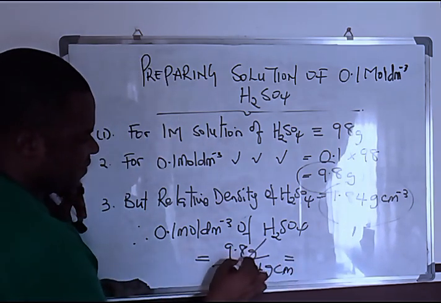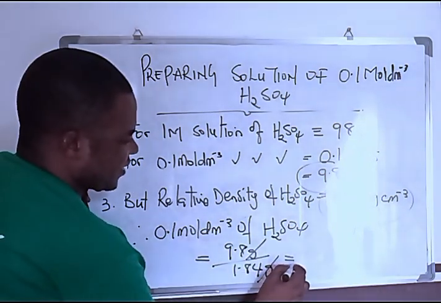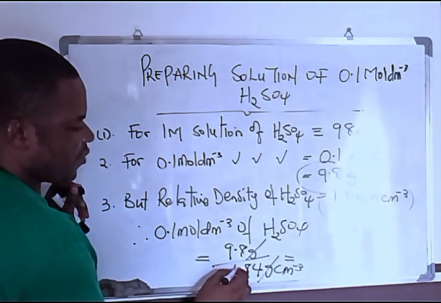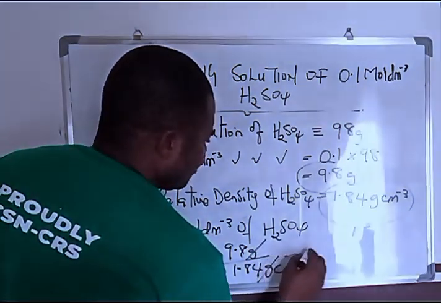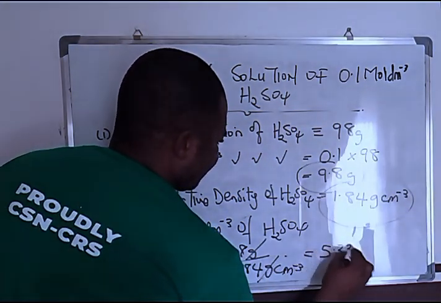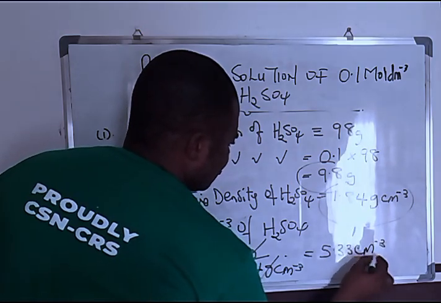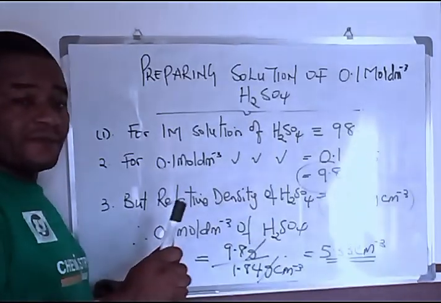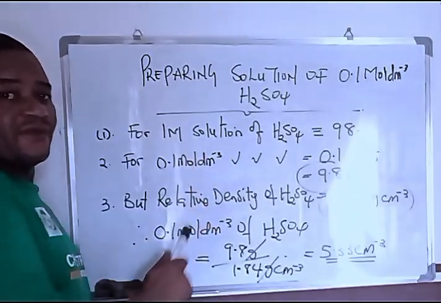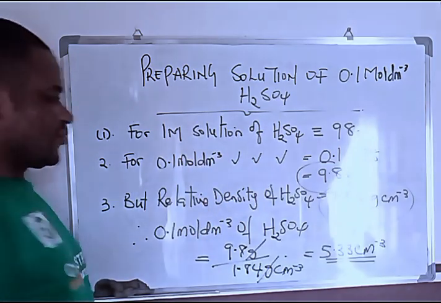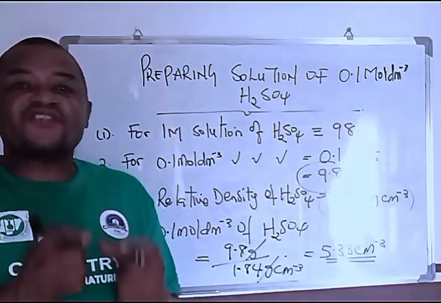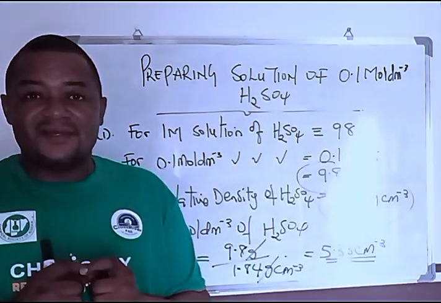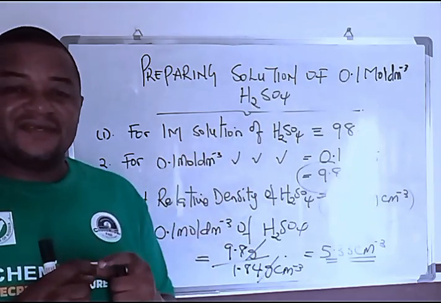And if you divide this gram by this gram, you now have cubic centimeter. So it means that if we divide 9.8 by 1.84, we'll have a value which is 5.33 cubic centimeter. This is the value in volume of 0.1 mole per dm cube solution of sulfuric acid. So with this now, you can use your measuring cylinder, measure 5.33 mils of the concentrated sulfuric acid, and then